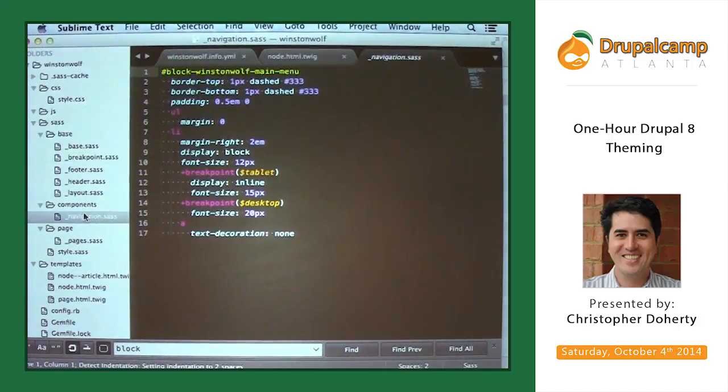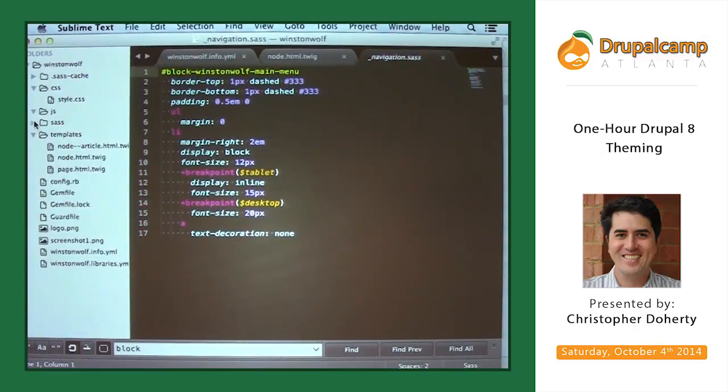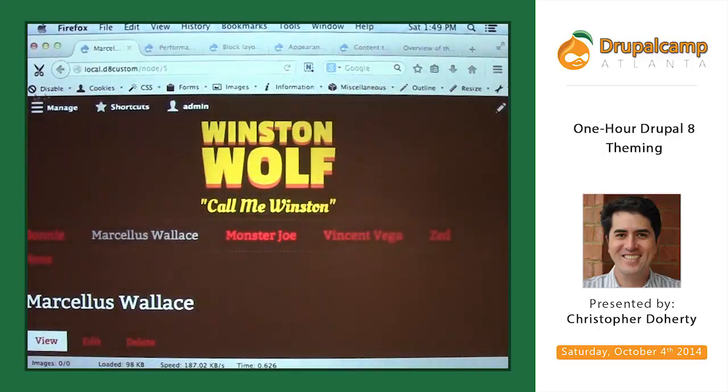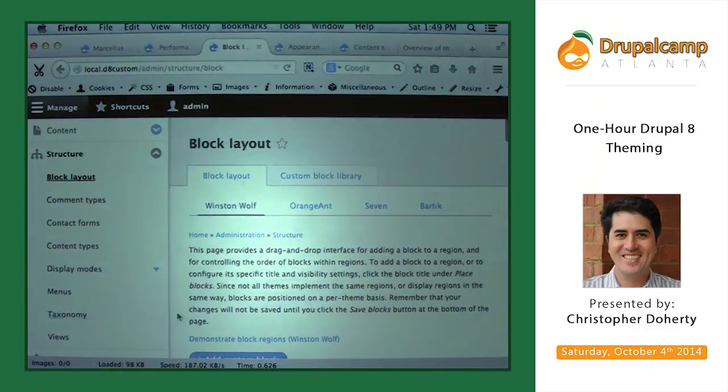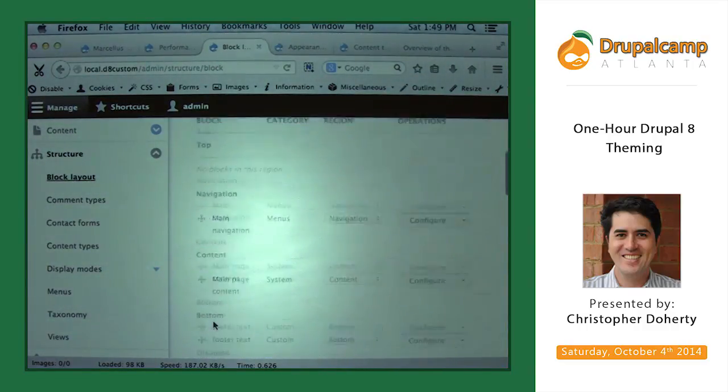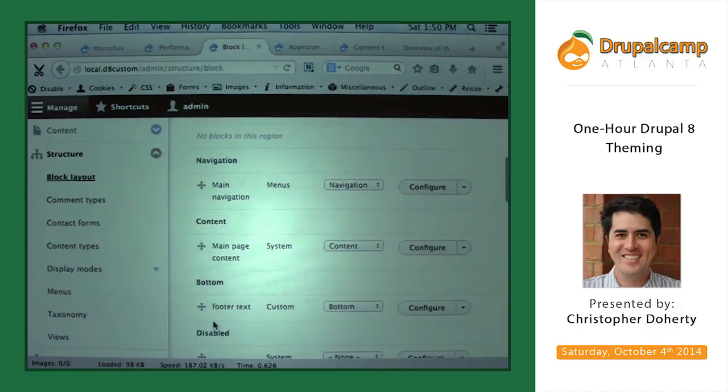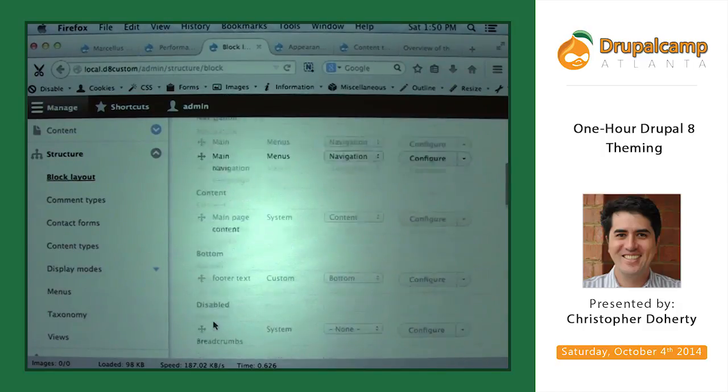So obviously with that theme, with 8, there's no page manager or anything yet at all, so you probably place most of your blocks. Would you place them with code right now, or would you just use the standard block placement UI? Even in this example that I showed, I am using blocks. So for right now, I guess I would. I don't know where Context is or any of those other modules.